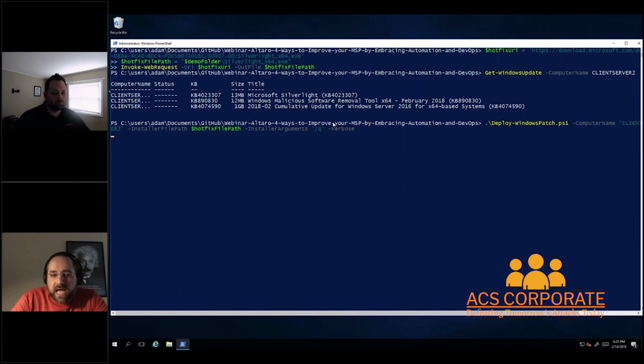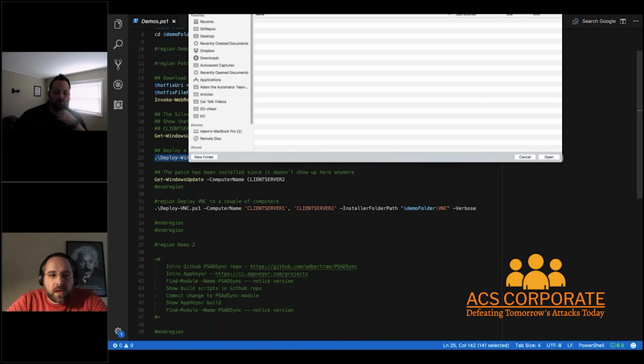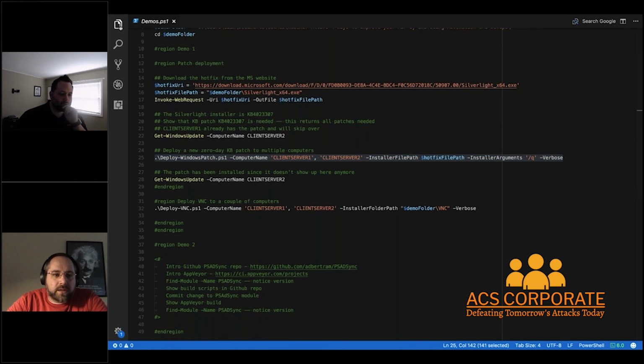installer arguments of /q. So you may notice this looks similar to just any general software that you would create. In actuality, this doesn't have to be a patch. Like I said, this can be any exe as long as you know you have the installer and you know the installer arguments to install it silently. This will work just the same. So I'm going to let this go for a minute, and then I'm going to open up the script here and show you what it's